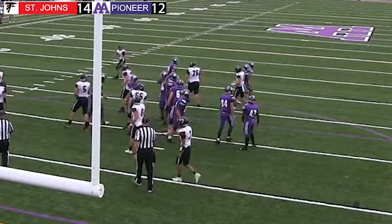Oh, it was a throw to his inside shoulder, and there was tight coverage, and Easthope had to put it on a dime for that to happen, and he got it right where it needed to be, and Pioneer has taken the lead 18-14 as Fisher was streaking down the near sideline, caught it right over his inside shoulder, went down, held on,